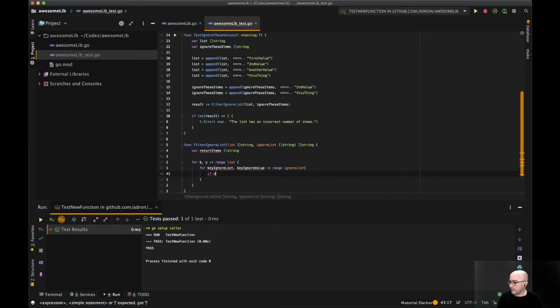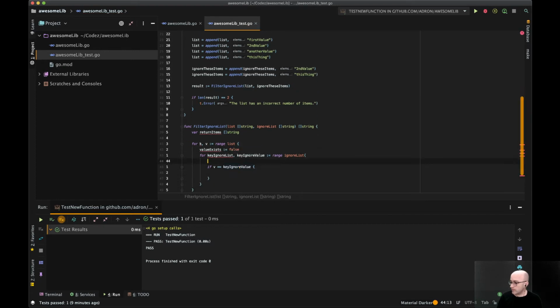So if v is equal to key ignore list value, let's see, we'll set up let's see, value exists. False. Whoops, we need to put that here, right? And then here we'll say if that's true, we'll say value exists equals true, right?